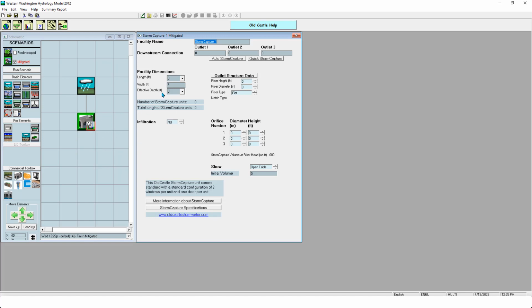So with this element, you can go quick storm capture. You can also choose some of these facility dimensions here based on the models that they have. So this is a 45-foot length, and it goes all the way up to 15,000 feet, right? Just depending on your project. And it shows you the number of storm capture units that you're using, and then the total length of those